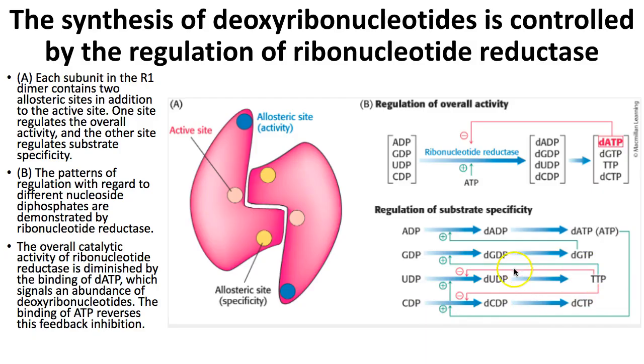Thus, it is an inhibitor for production of dUDP, and it also inhibits the production of dCDP as well. And so, since we have enough TTP out, and we want to generate more of the other nucleotides, the TTP actually stimulates the production of dGDP, and it acts like a chain reaction to end up